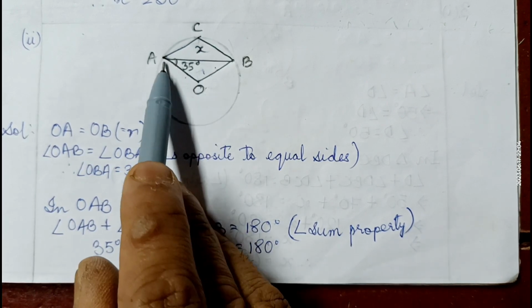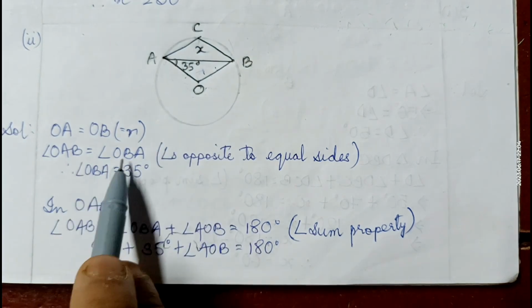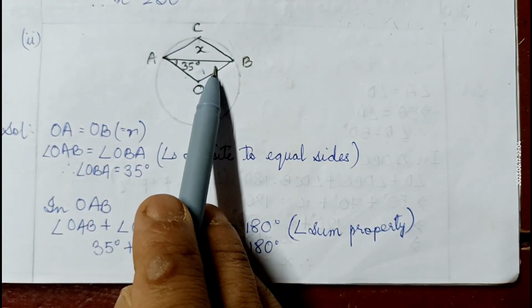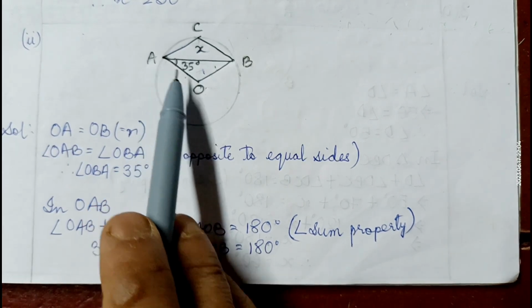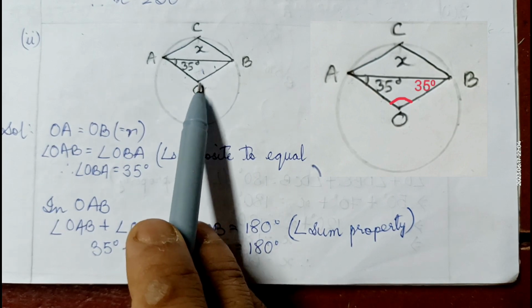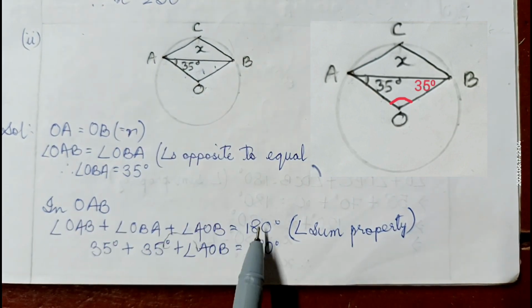So angle OAB will be equal to angle OBA. Both will be equal to 35 degrees. So here we got 35, here also 35. Now in triangle AOB, angle OAB plus angle OBA plus angle AOB, the sum of these three will be 180 by